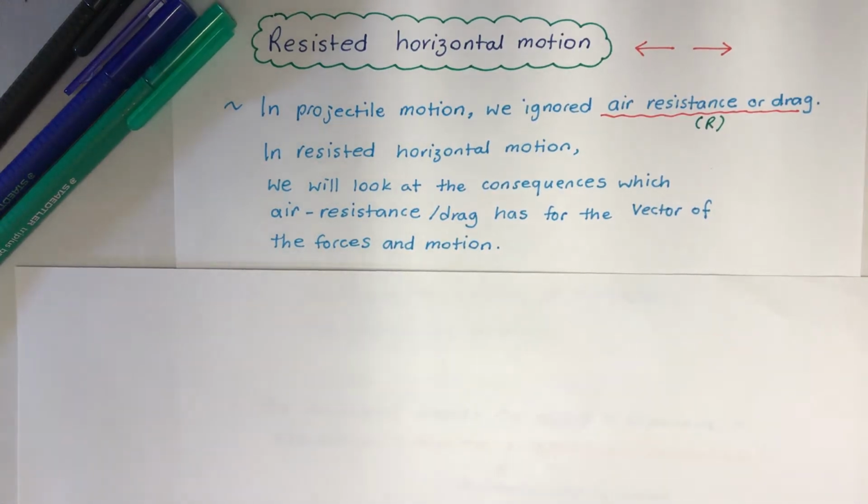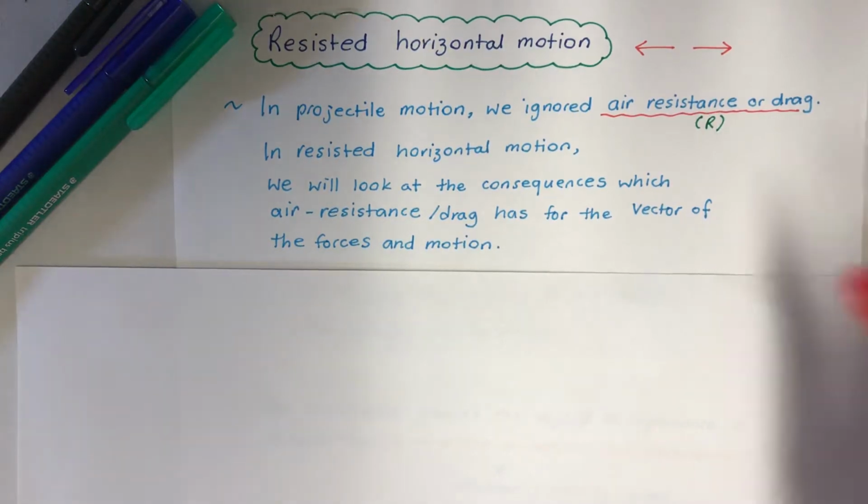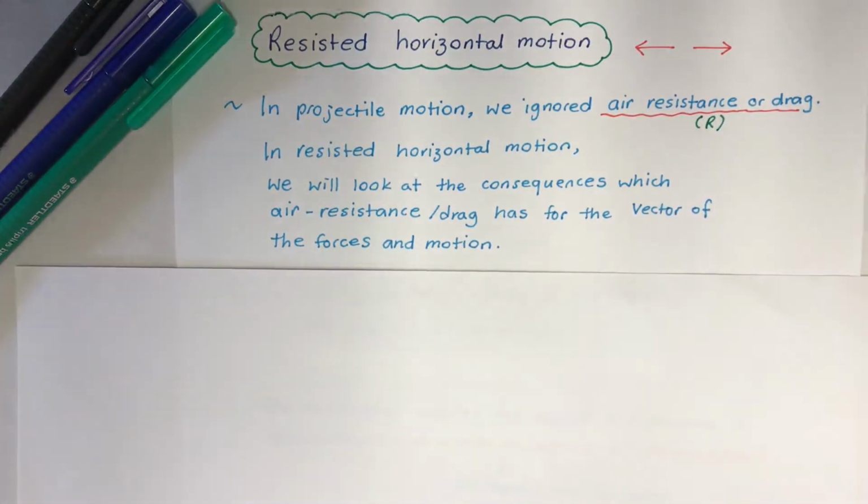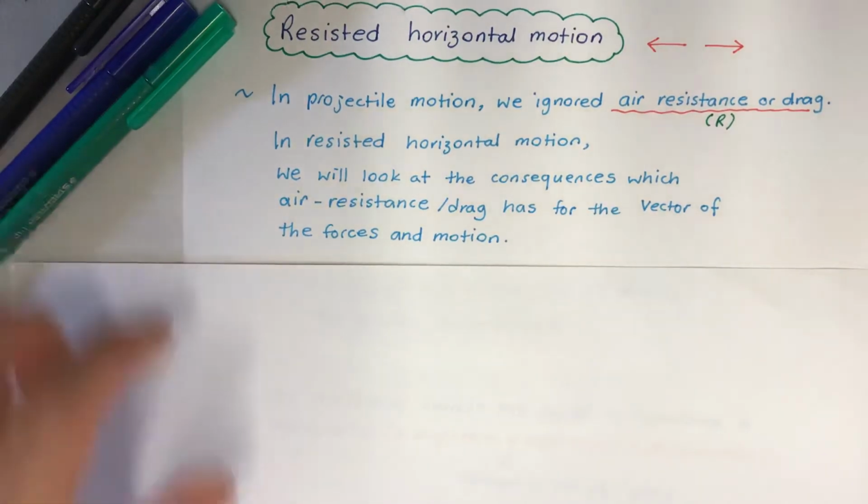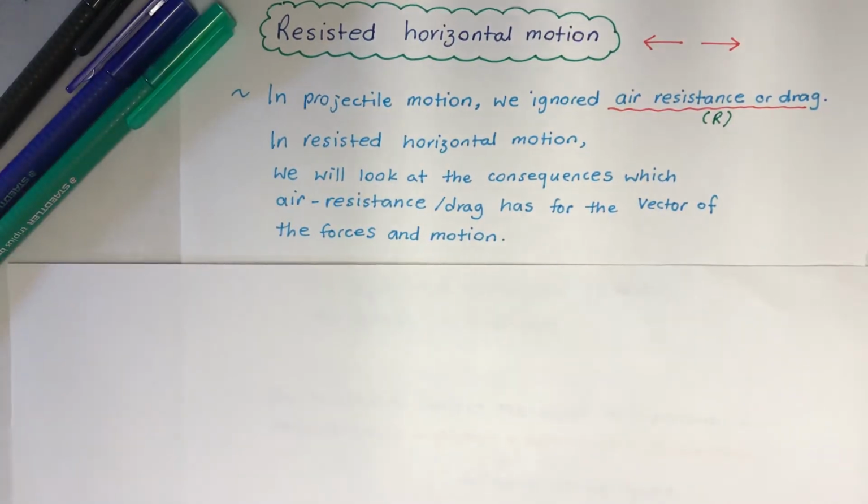Okay everyone, it's mechanics. Today we're going to do resisted horizontal motion. Now in projectile motion, we ignored air resistance, which is the capital R, or drag. In resisted horizontal motion, they're back. So we will look at the consequences or impacts which air resistance or drag has for the vector of the